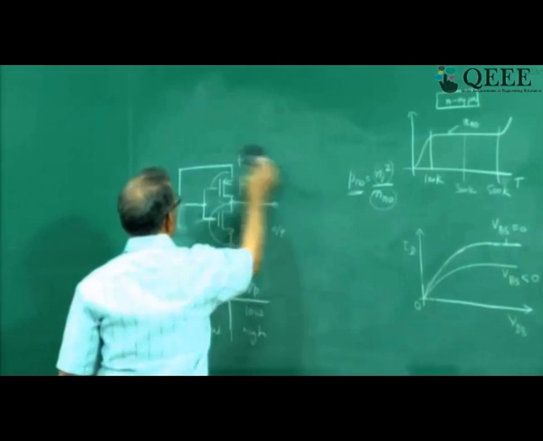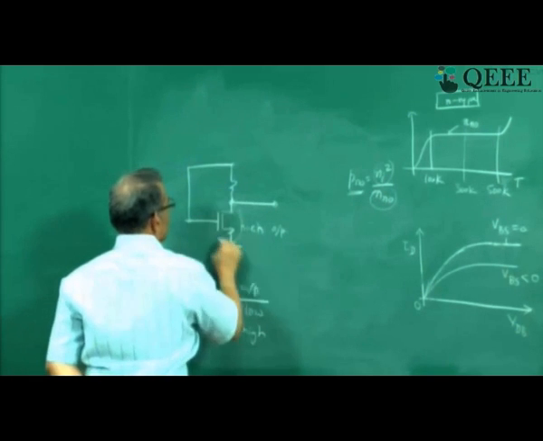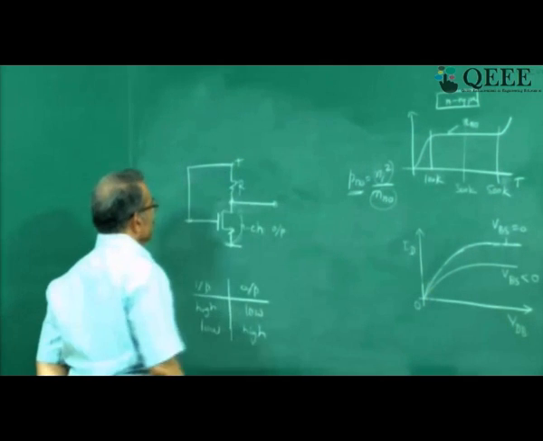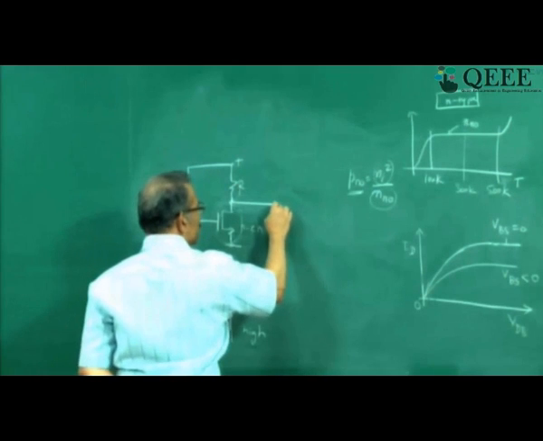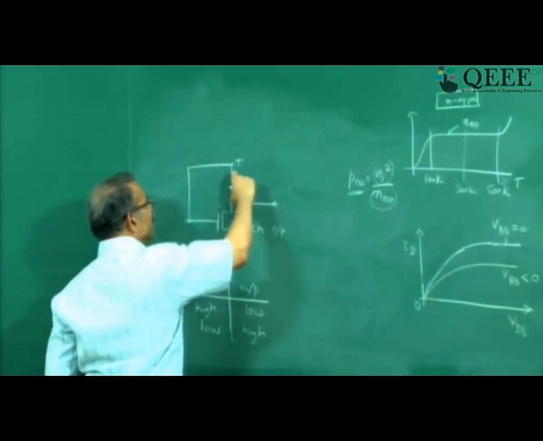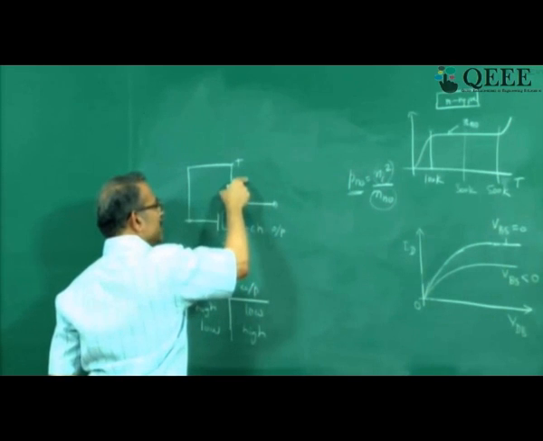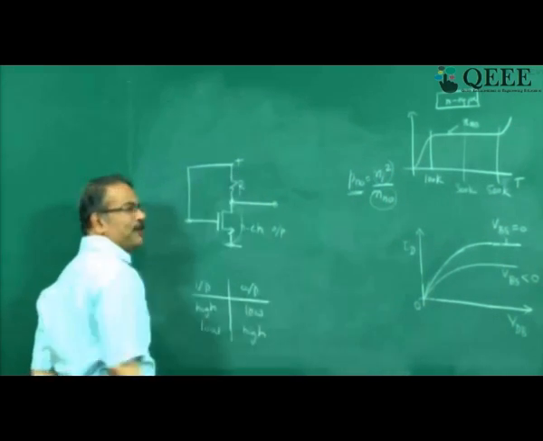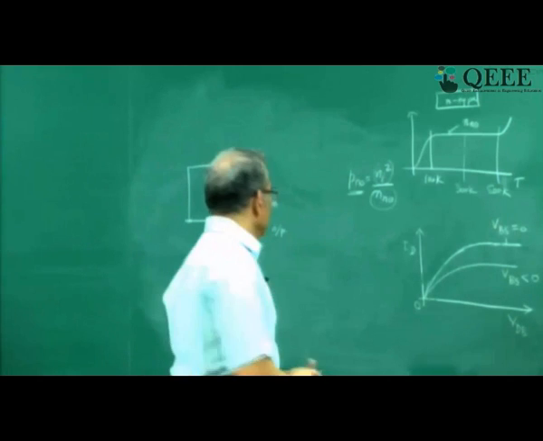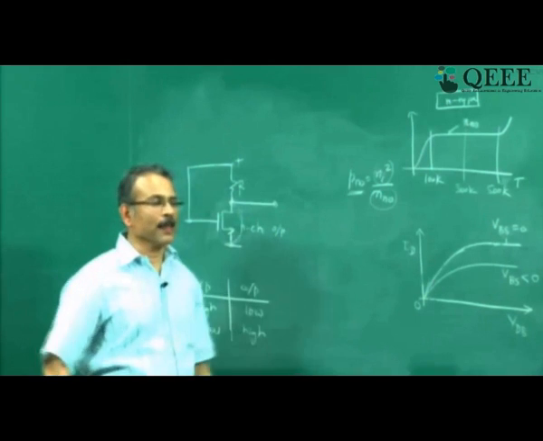So when one is on, the other is off. As against this, if you put a resistor here, the problem is when this is high, this is on, but the resistor is also on, right? Resistor is on. It allows a current. Therefore, the output voltage will depend on the ratio of this resistance to this resistance. Unless this resistance is really small compared to this, your output will not come to a very low value, 0. Whereas if you replace it by a P channel MOSFET, output will come to 0 because the P channel MOSFET is off. It has an infinite resistance. That's the advantage of complementary MOS. It allows you to achieve the output between maximum positive voltage and 0 volts. Is that clear?